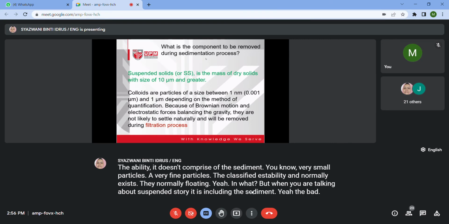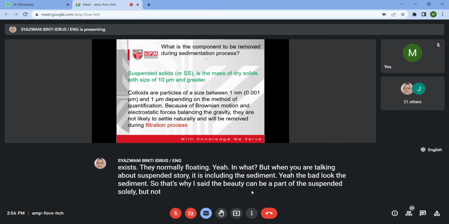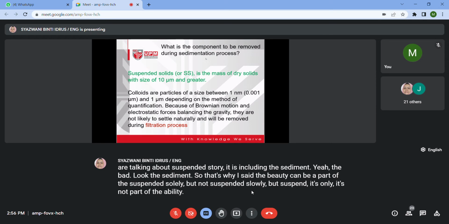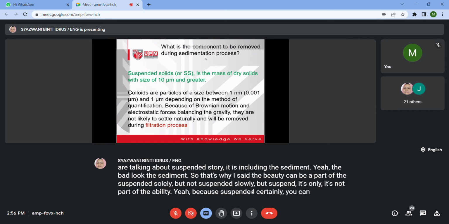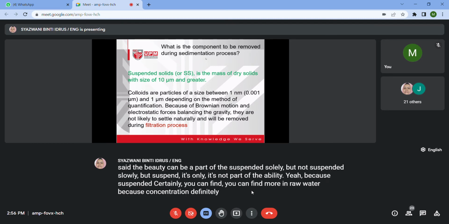So that's why turbidity can be a part of the suspended solids, but suspended solids are not part of turbidity, because you can find more suspended solids in raw water. The concentration will definitely be higher compared to turbidity,